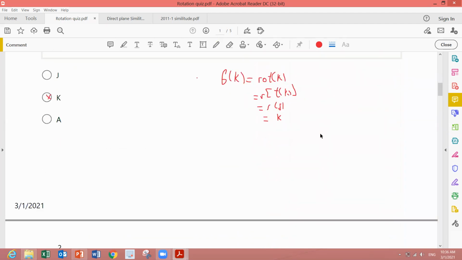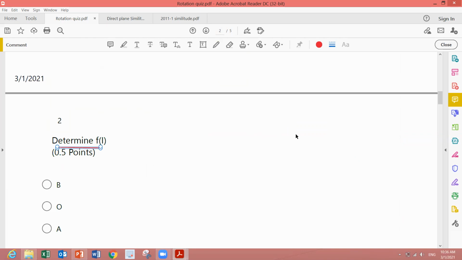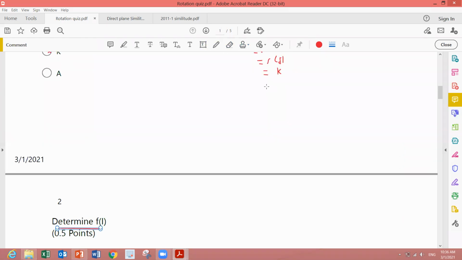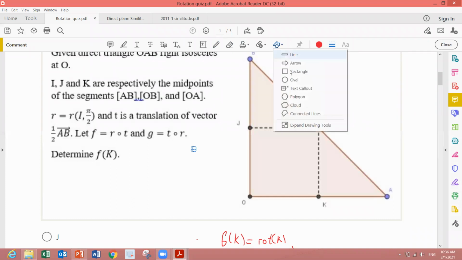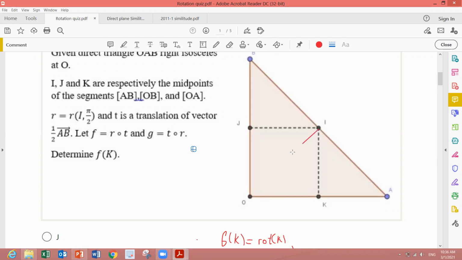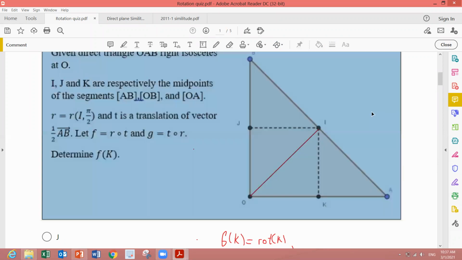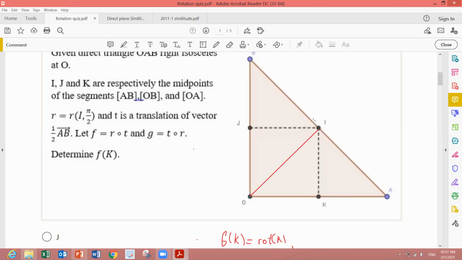O. بيطلع O. اوكي واضح هيدا ولا بنفسر؟ أول شيء بنعمل translation للI بيطلع B. Then to make the rotation with center I and angle pi over 2 we join IB. بيطلع IBIO 90. بتعرف ليش IBIO 90؟